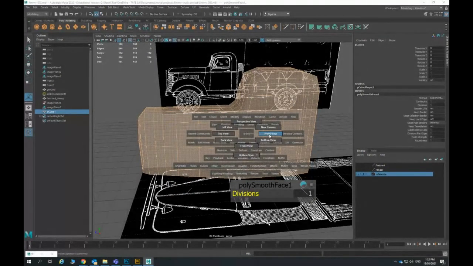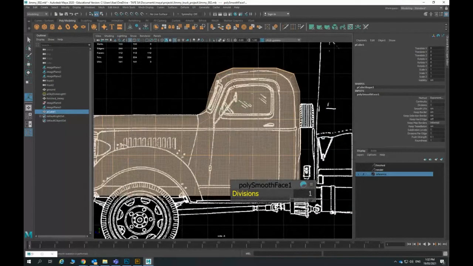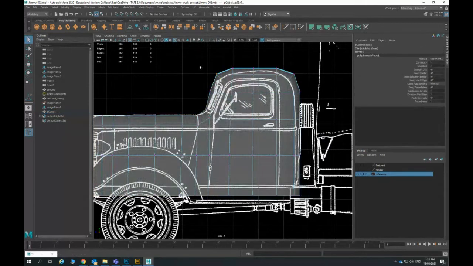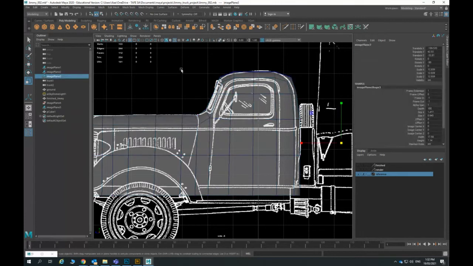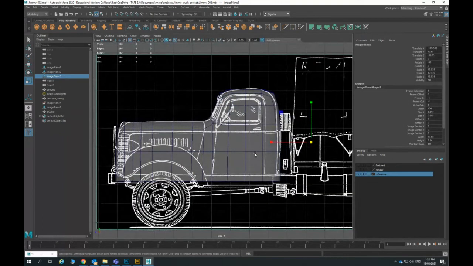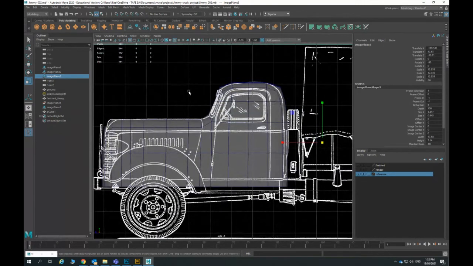Now, if I go into the right view, I will just grab all these vertices here. Get the scale tool, hold the D key to change the pivot point of scale, move it around here, and just scale it a little bit. Okay, these are traveling really well. So now what I will do is,